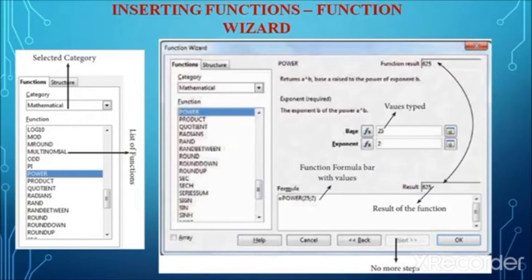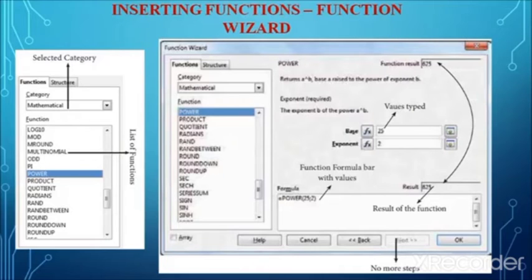Next is how the user can insert a function using the function wizard with cell references. For example, we are going to select the POWER function. First the description will be displayed. The power function is used to calculate the power of an exponent value of a number.